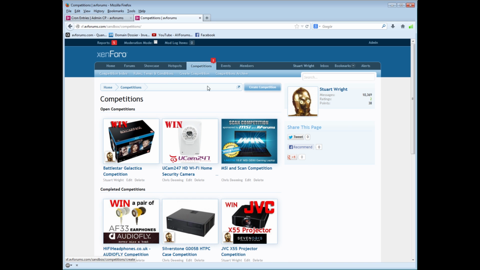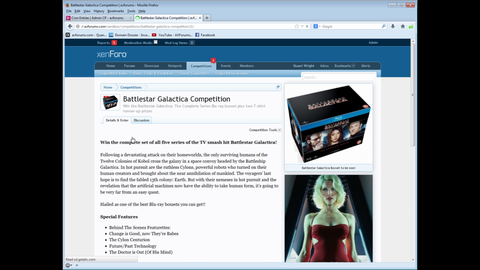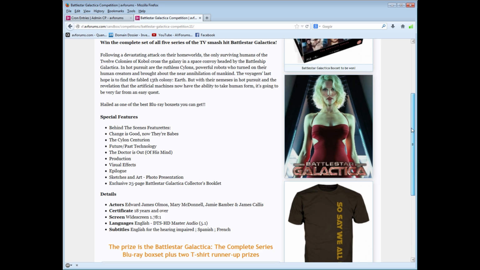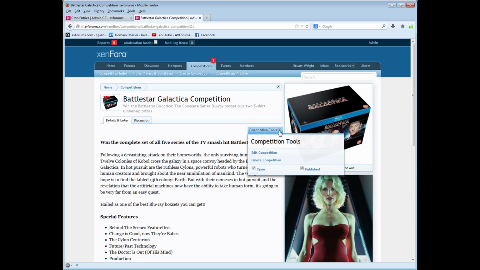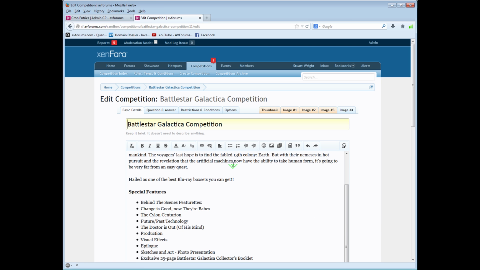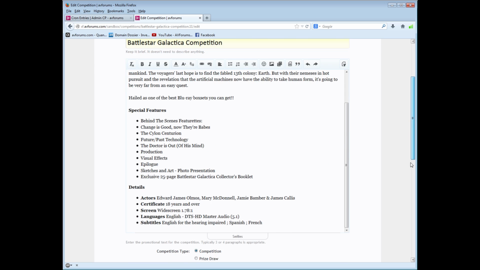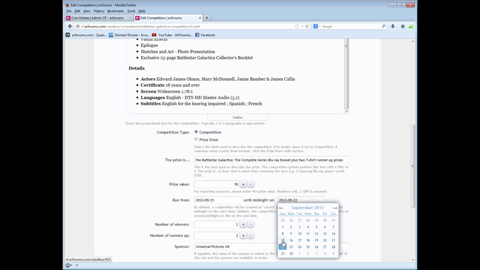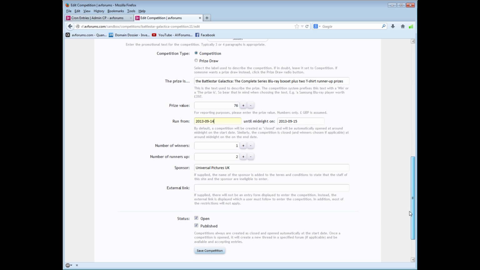So let's go back and see what happens when this competition is closed. Now we're going to pretend that we've fast forwarded to the close date, and the way I'm going to do that is by editing the date that the competition closes. Now midnight today would be at first thing today, so I'm going to make this competition close at midnight today and save the competition,